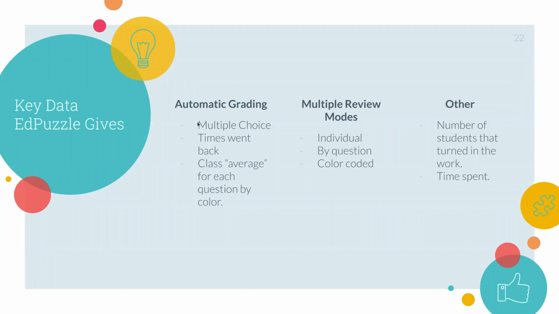It also automatically tells you how many times the student went back to rewatch a section. So if you have it on the no skipping mode and the student gets to question number 2 and they don't know the answer, they can choose to rewatch that section to see if maybe they can pick it up the second time around. When you go back to look at the student's data, it will tell you how many times they went back before answering that question, which is great, because if they still get the question wrong,